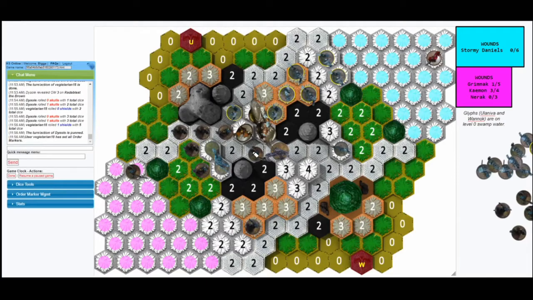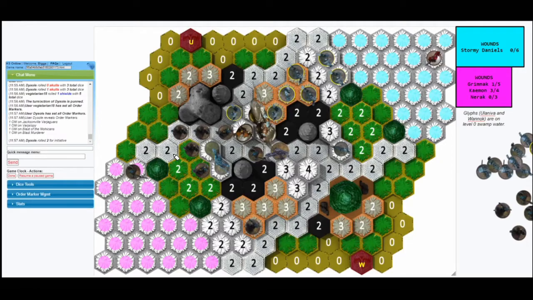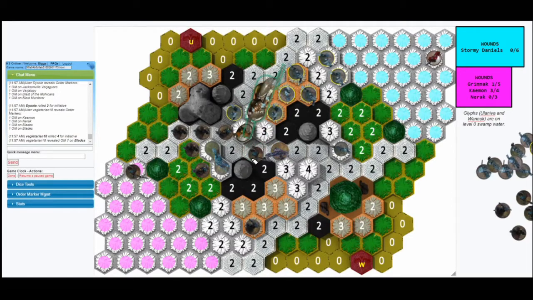So I guess as juicy as Grimnack is there, if you win initiative, you're going to get attacks of 5 or 6 on Grimnack. But I think it's such a juicy spot that you probably still go Varja 1. And Dysole 2 cannot win Varja on initiative. So probably for the best.